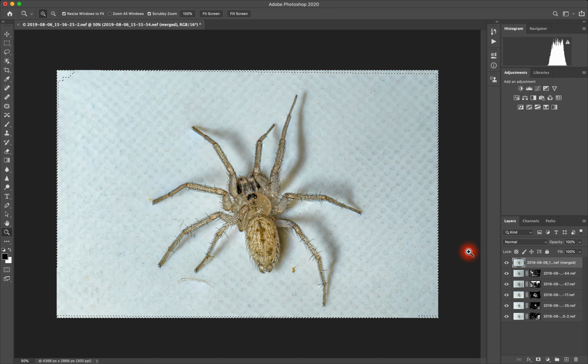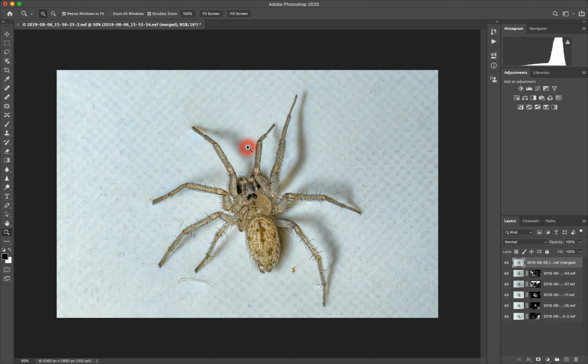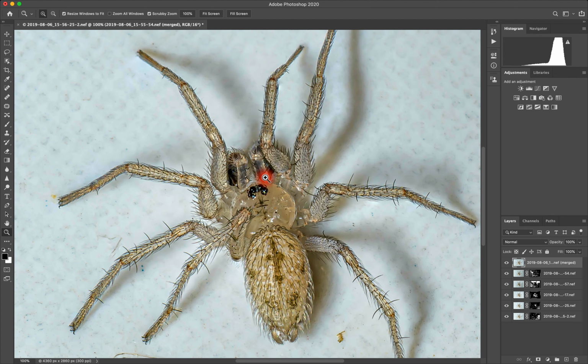It's almost done. As you can see, we have all the layer masks created by Photoshop for every layer and the final image. And it's selected the transparent areas which it has filled in. We'll just do a Command D to deselect. And let's look at this. As you can see, top to bottom, we have detail.